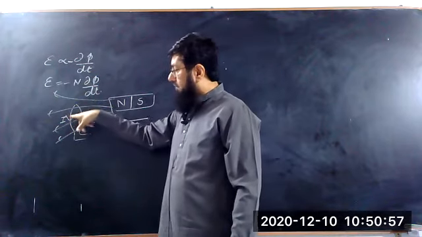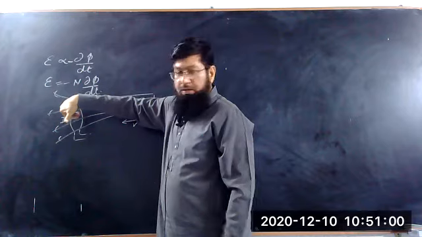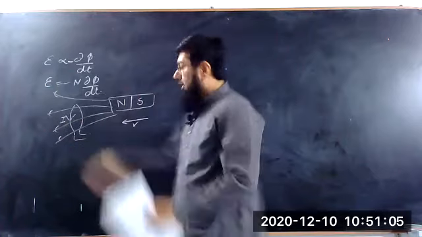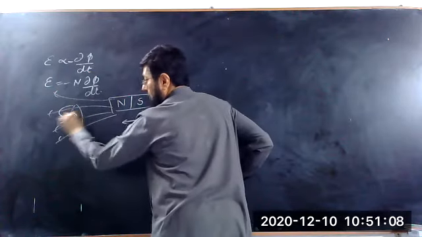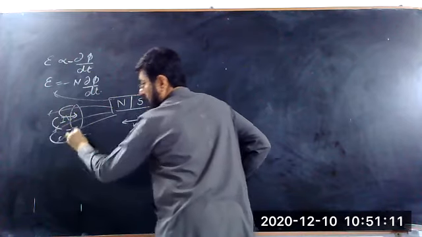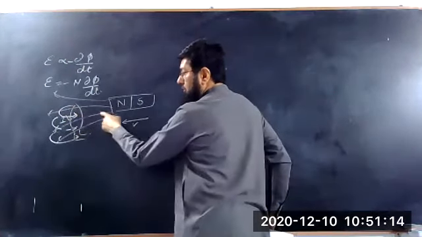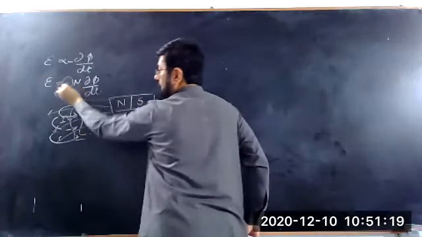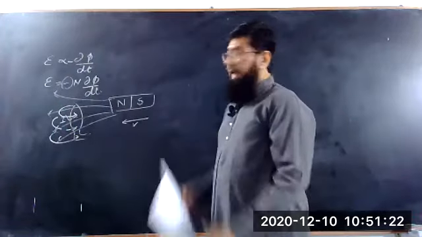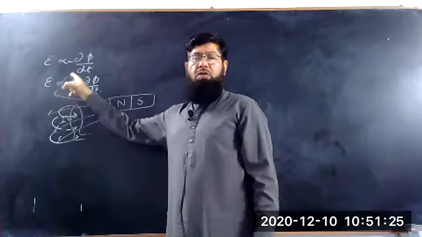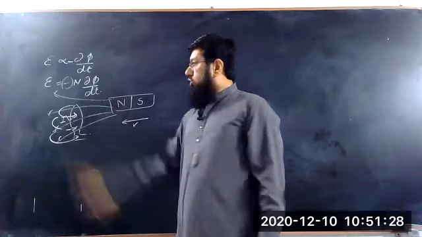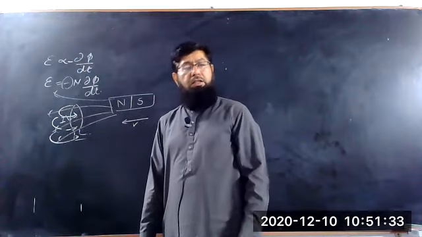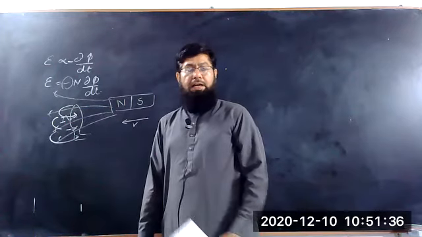So how do we find that magnetic field? Grip the wire in the hand, with the thumb pointing in the direction of the current, and the other three fingers indicate the magnetic field. So this is the induced magnetic field. This magnetic field is opposite to the external magnetic field. This opposition is indicated by the negative sign, and this is explained by Lenz, which we call Lenz's law. So the induced EMF will generate its own magnetic field which opposes the cause that is producing it. It is known as Lenz's law.